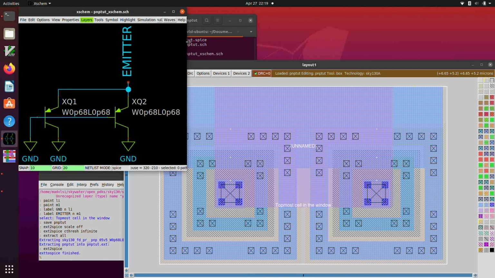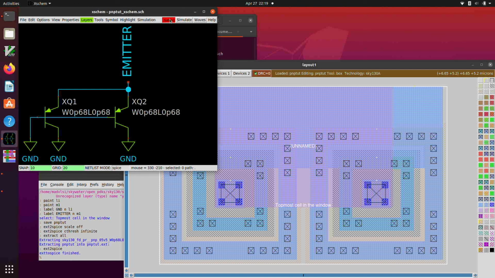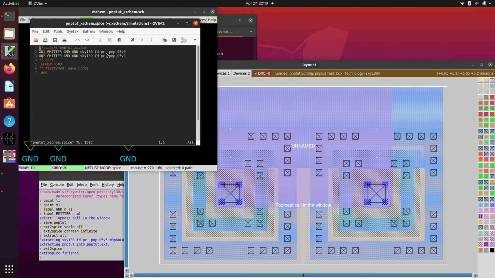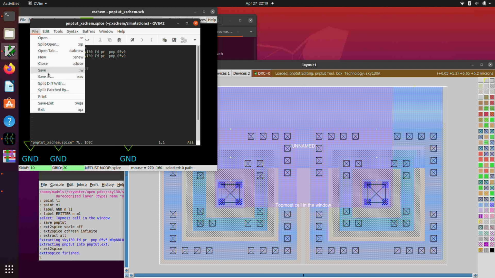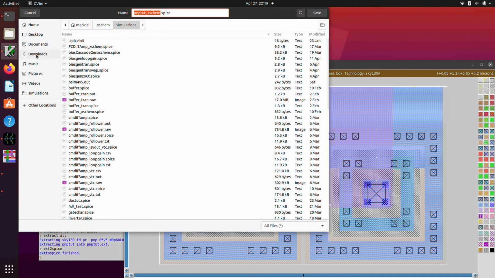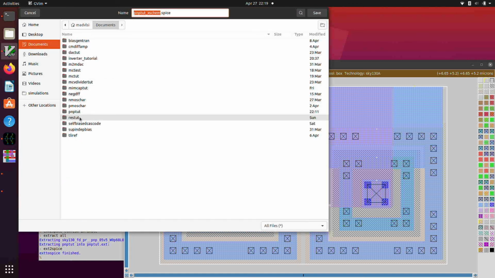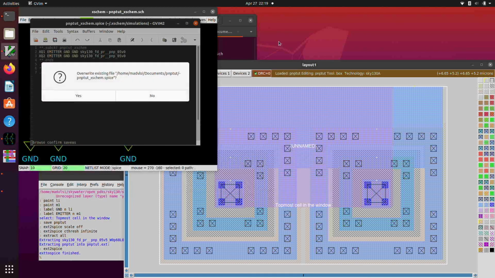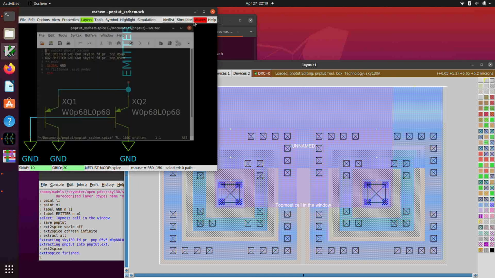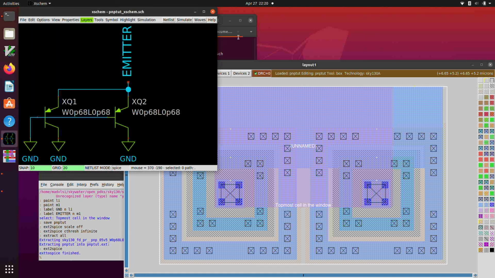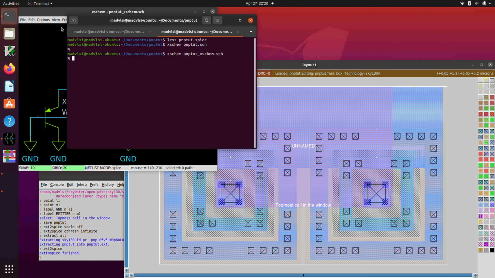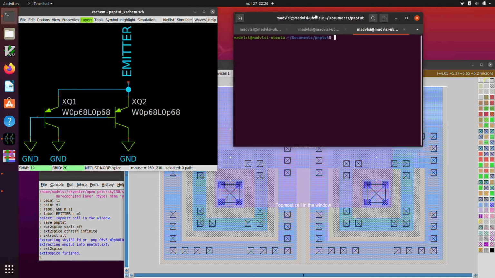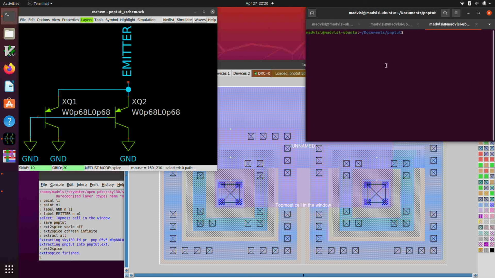let's see, that's a little too small. We write out the net list here. All we get is these two devices. And so let's save this in our directory, PNP toot, and save that. Yes. And so if we go back out here, we pull up another tab, we can do LVS, PNP toot,